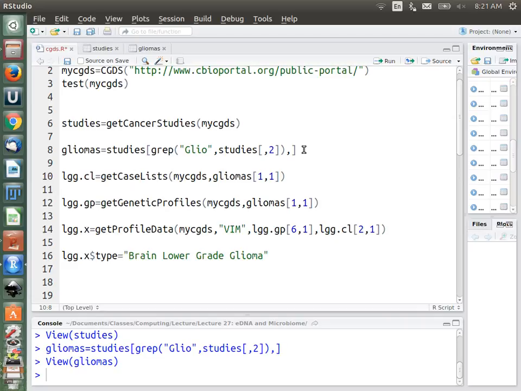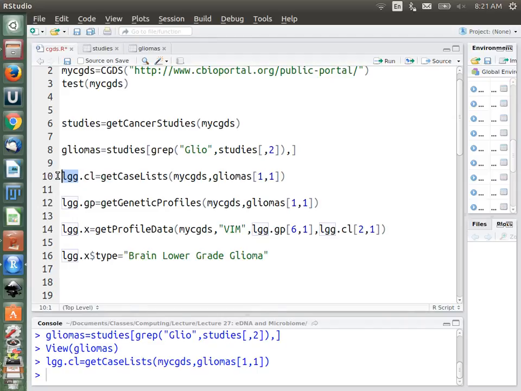divisions. So this will make a little bit more sense if I just do this. I'm going to grab that first one. This is going to call LGG for low-grade glioma, and then enter in get case lists. So the command here is get case lists. Now, the two different things I give it is, again, this website, so it knows where it's talking to, and then I want gliomas, and we need to give it, again, the ID